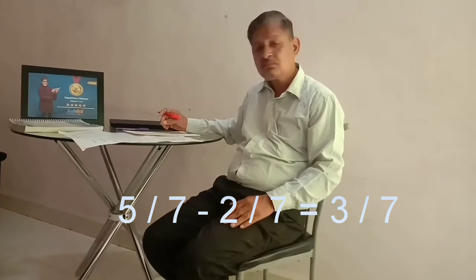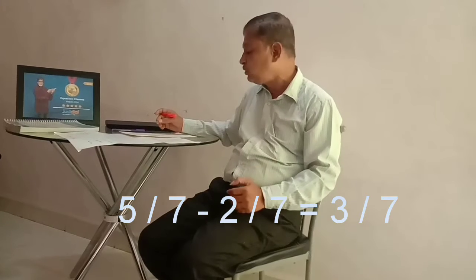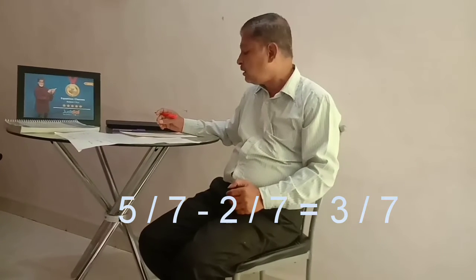Now in multiplication, if it is 5 by 2 into 3 by 2, we will get 10 by 4. So you have to check your answer. If it is division, 5 by 7 divided by 2 by 7, then the answer is 5 by 2. The 7 part gets cancelled out. These are all the examples where we have a common denominator.